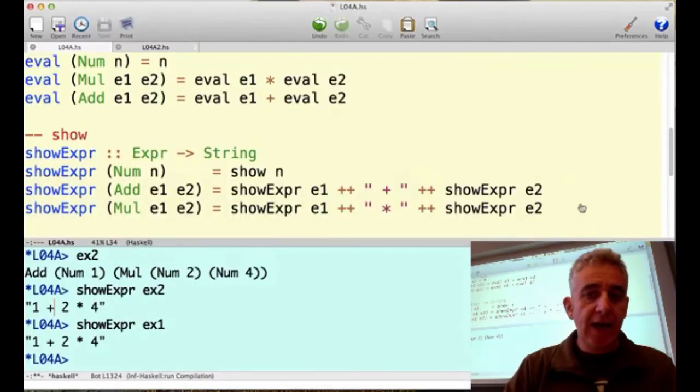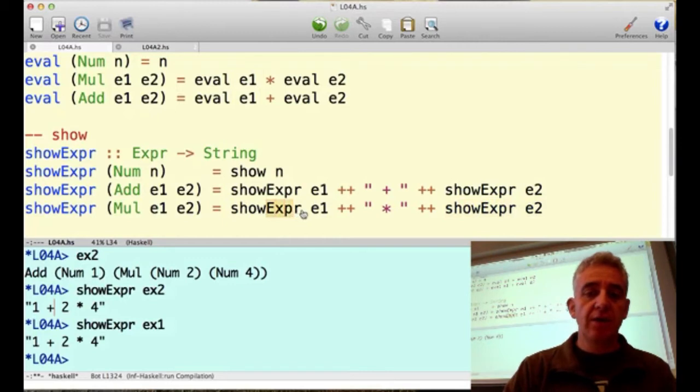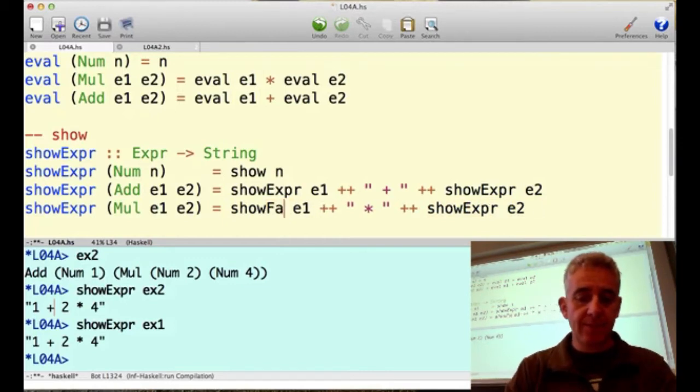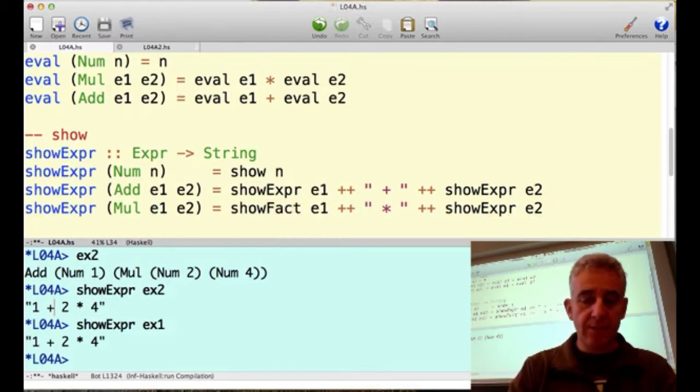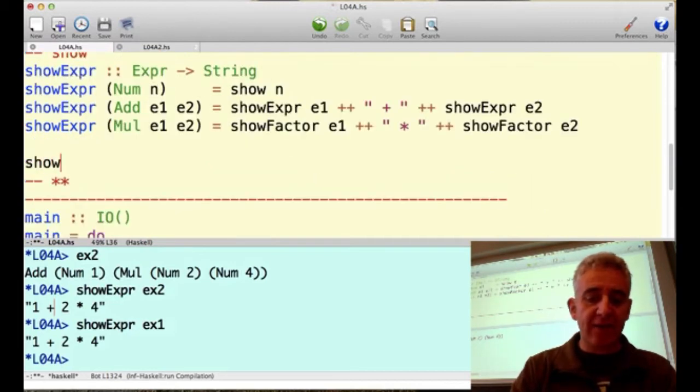All right. So how are we going to do this? Well, we only ever need to bracket inside a multiplication. So we might need to put brackets around this one, and we might need to put brackets around this one. Okay, so I'm going to make a function that maybe puts brackets around that. I'm going to call it factor. The components of a product are called factors. I'm going to make this a show factor. So showing a factor,